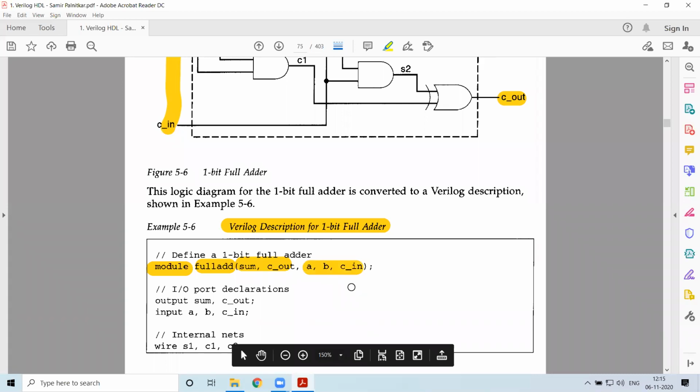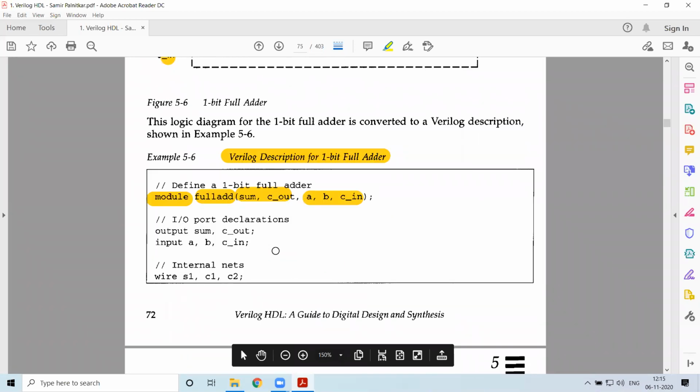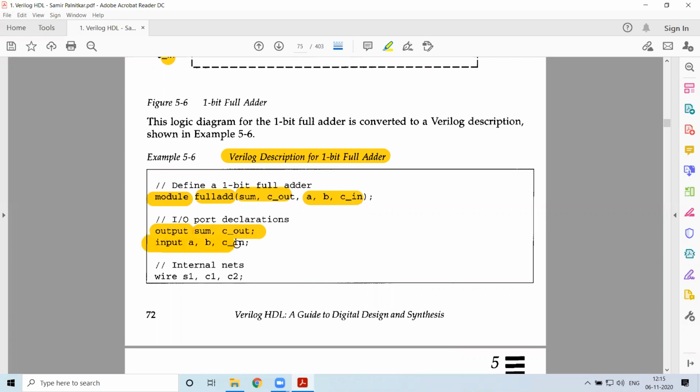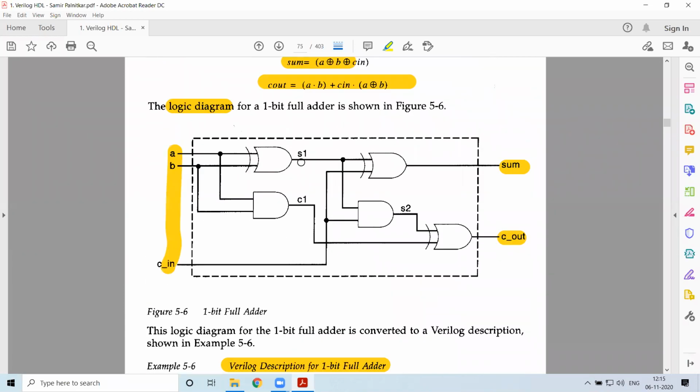Now, so port list we have defined, we have to declare these ports. That is, sum and Cout are output, and A, B, and Cin are all input. So we have declared these IO ports. Now to these ports, I should provide some connection. That is done via the stimulus block. But using these, I have to build the rest all. So here you can see that I should have one wire defined for S1, one wire defined for C1, and one wire defined for S2, because these will be carrying your intermediate results.